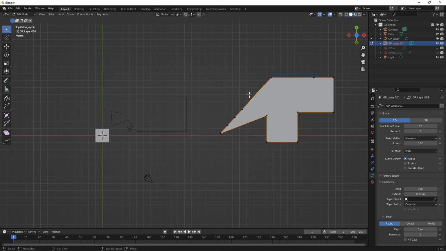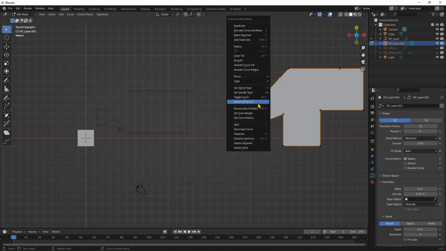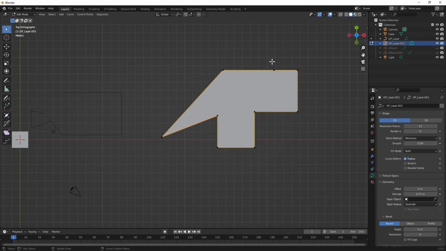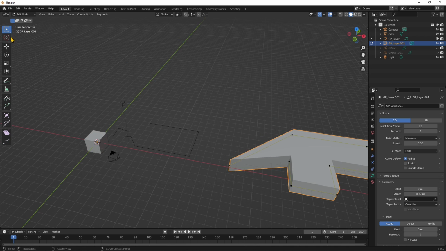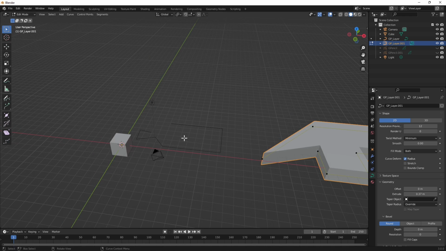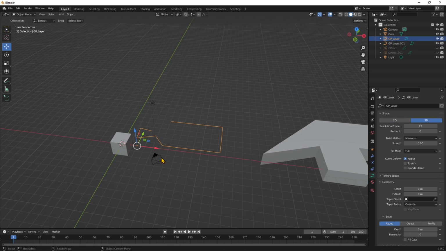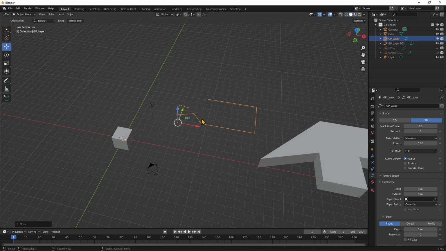Now remember that you can always go back here and select this, get rid of those vertices also right here. So get rid of all those vertices that you don't really need. So paths and grease pencil and curves, they all behave similarly, but you need to make sure that you are, let's say, in the correct mode. You can switch from one and the other and take advantage of the different editing tools that they have. So they're similar, like extruding here, it's